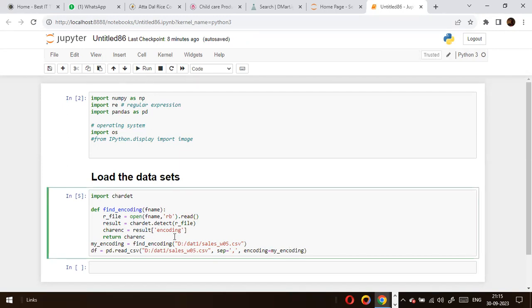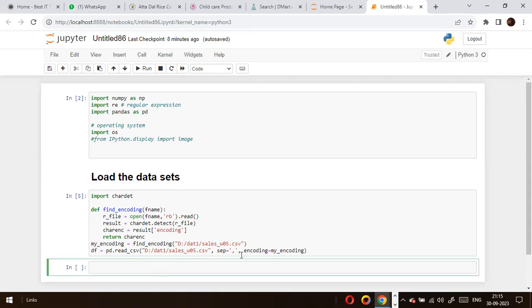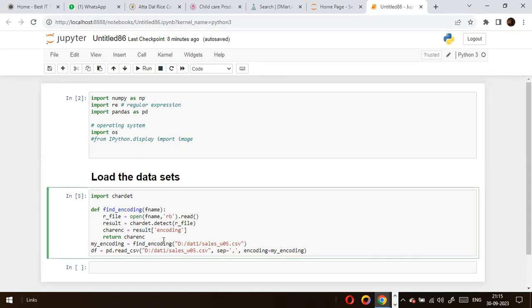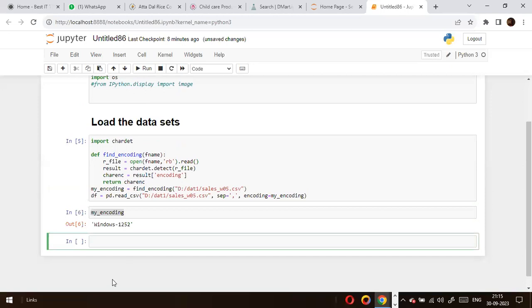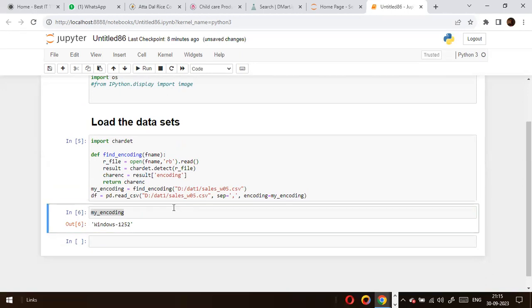Look here, there are no errors, very good. On the right side of the equal sign, I've used my encoding, because this is the one holding what type of file it is. If you wanted to see that, you just check it out here, my encoding. So Windows 1252. You could copy paste it directly,